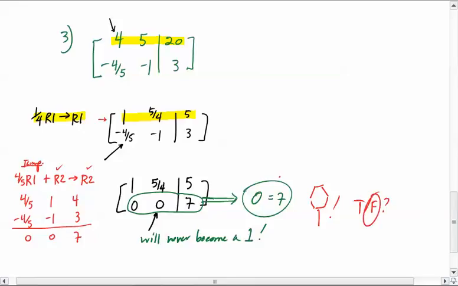So if it's a false statement after the variables disappear, meaning there's no 1 there, then this is a no solution. Because I can never get that position to be a 1, not with the row operations that I'm allowed to do. Okay? So there's that last example